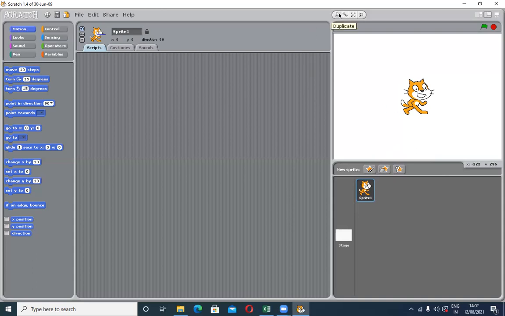And dear students, these are the movement buttons, or control buttons, for this sprite. By these tools we can control this sprite. First is duplicate. When I click here, as you have seen, one duplicate sprite appears. Second, when I click here, it is deleted. Now the third one is grow sprite. Grow sprite is used to increase the size of the sprite.